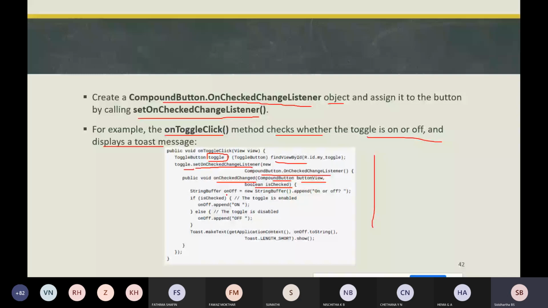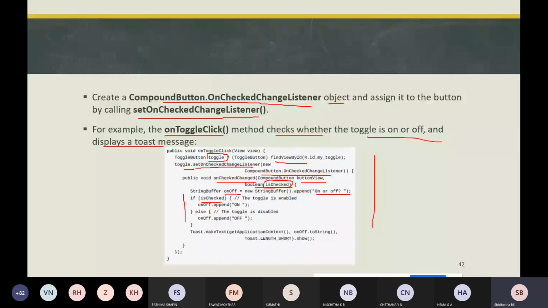Then we check whether that particular button is on or off, whether the toggle is enabled or disabled, through an if condition. If isChecked, which may be true or false, then on the buffer, that is this method, onOrOff.append on, else append off.